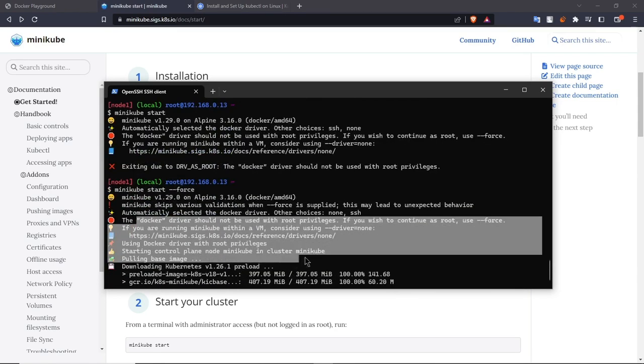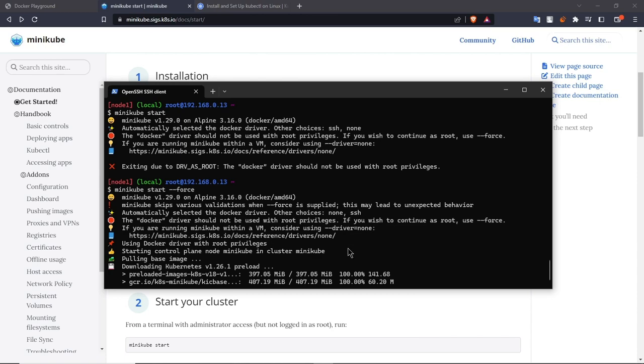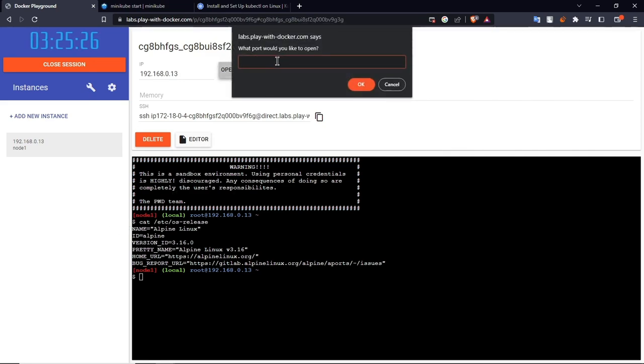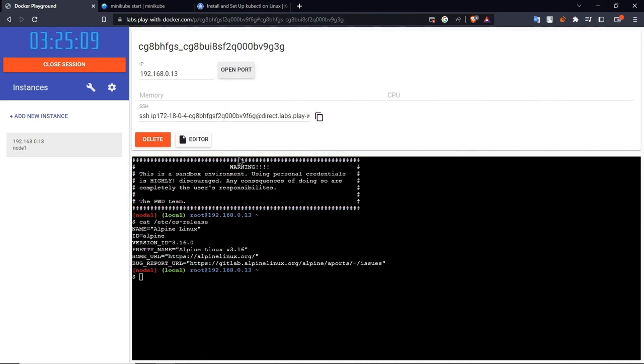Okay, downloading Kubernetes, all the processes will be running on this system, but let me tell you something. You can also open a specific port. Suppose this machine is running, so let me tell you something more about the Docker playground. If your service is running on a specific port on the local system, and this system is in another country, and you want to use the application, how can I use it